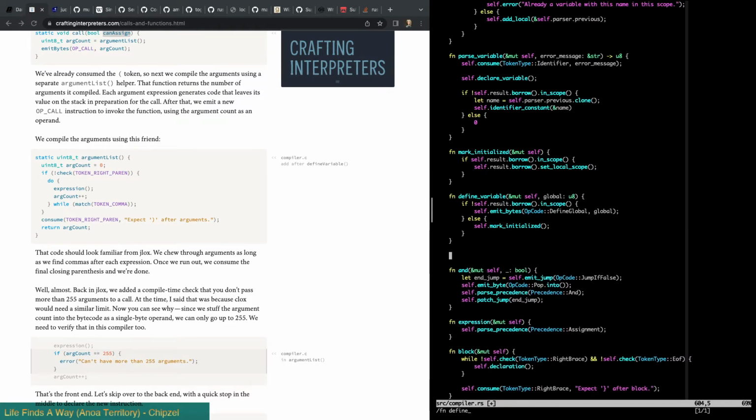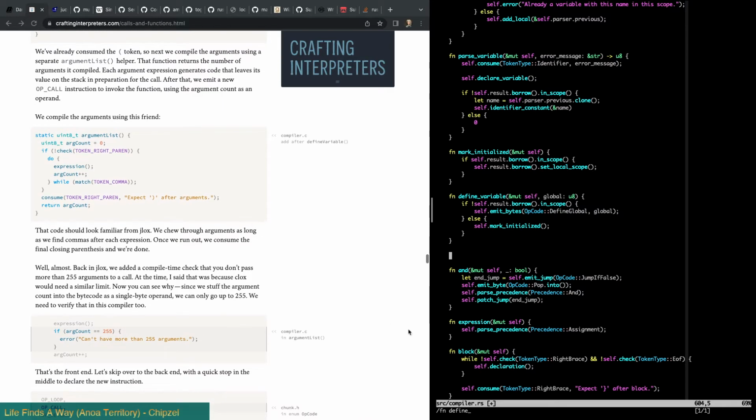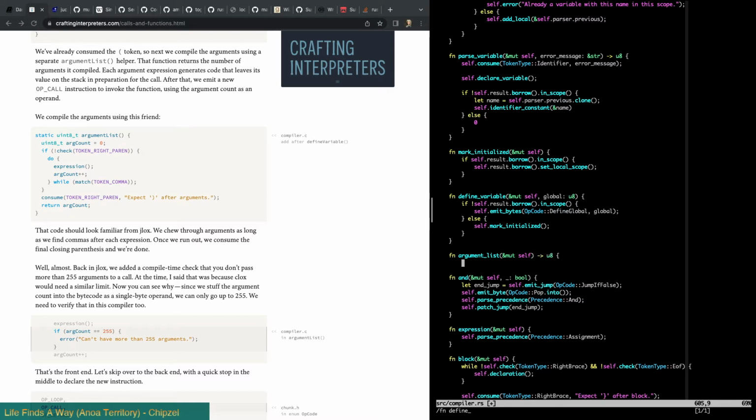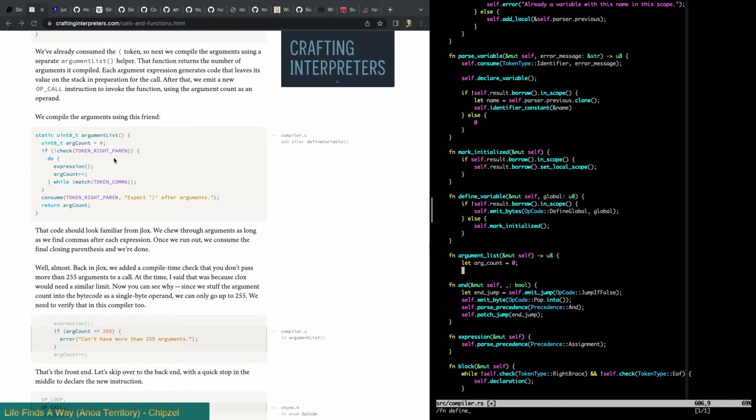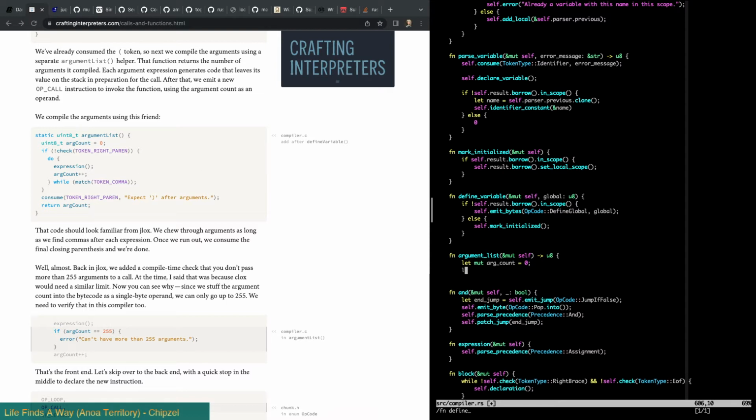All right, define variable. It's right here. So after define variable, we're going to add argument list. And it doesn't take any arguments, and it returns U8 for the number of arguments it did create. So we have let arg count is 0. Okay, here's another do while loop, which we're going to make into a loop break loop, I guess. Oh, this is going to have to be mutable, right? Because we're going to modify it here. So if not self check token type, right paren,